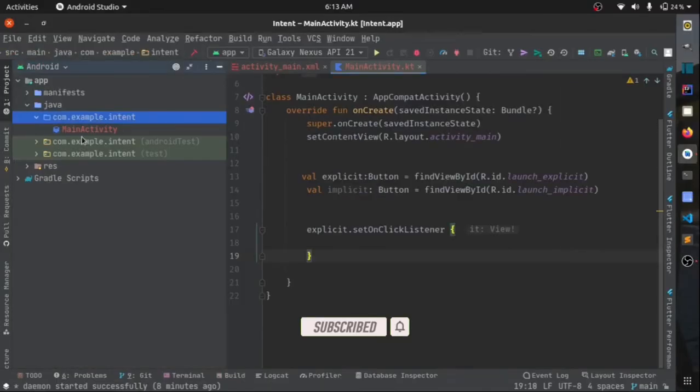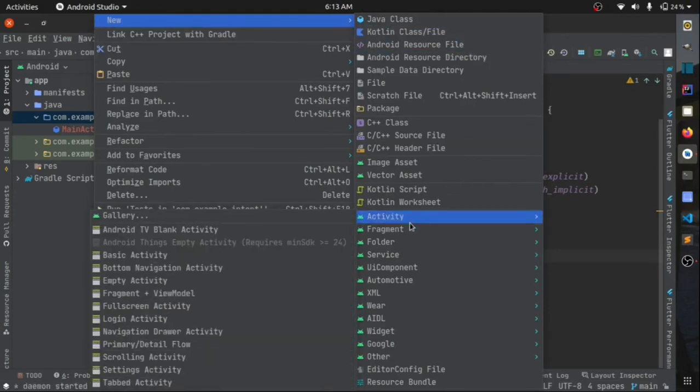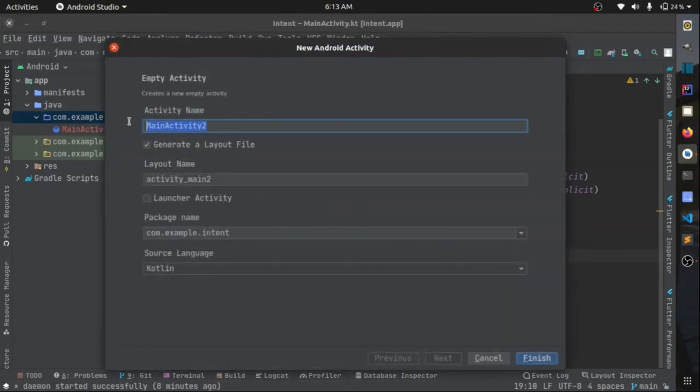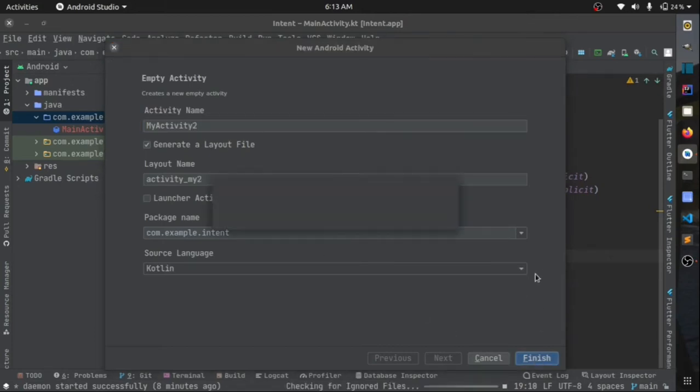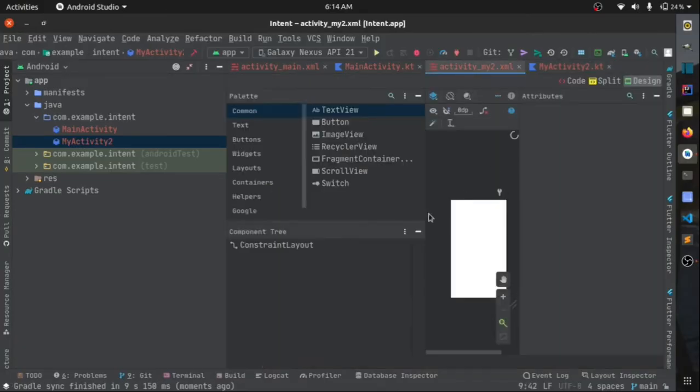So we need to define our Android component. That could be anything: activity, broadcast receiver, service, etc. We'll define an empty activity, and this activity name will be my activity 2, and just hit finish. My activity 2 will have nothing but a text.